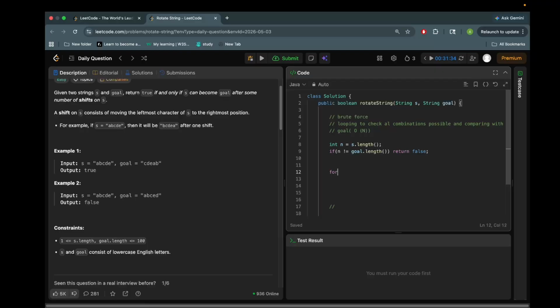Let's loop through n times first for integer i equals 0, i must be less than n, and i plus plus. What do we have to do? We create a new rotated string. For the first case, how will we create it? Since I'm creating a string, I can't override, right? String is an object. What if I create